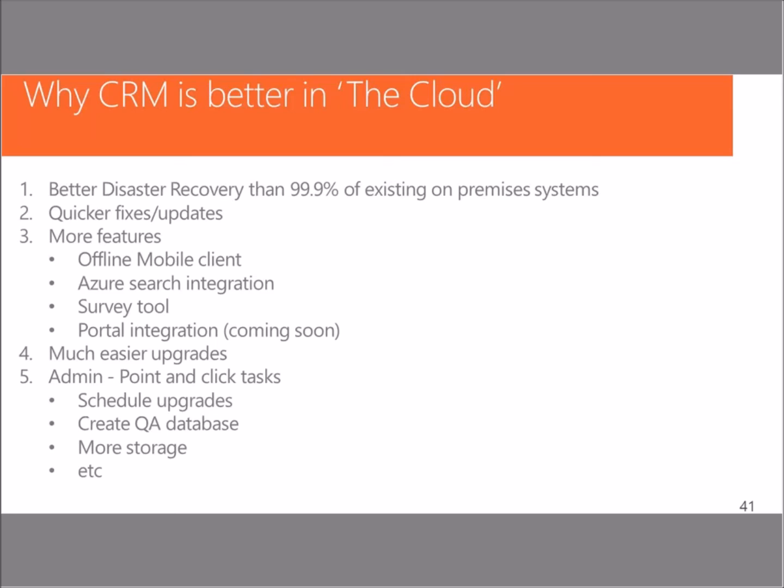You still got to test, but you can schedule your QA upgrade, and everything comes along, then schedule your production upgrade. You still got to do some administration, but instead of a heavy admin in an on-prem system, where it takes knowing SQL Server and additional hardware, in an online world, it is point and click. Point and click to schedule upgrades. Point and click to create a new QA organization.